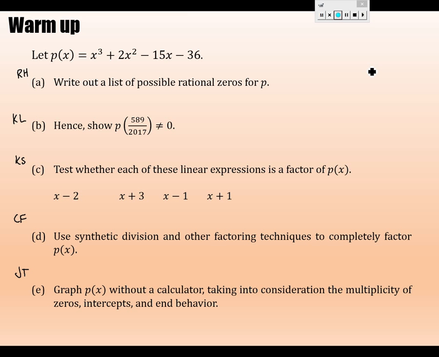I just thought of 2 more things to say, because my head is full of mathematics. Another thing to think about is, yesterday, remember you criticized me when we tested some problem we were doing, we got -1 as a 0, and then I tested it again, and you were like, wait, why are you doing that? Well, because it could be a root again, right? So we saw here, for example, that -3 works, and if you wanted to try it again, you could. It would work a second time in the depressed polynomial. Since it's quadratic, though,